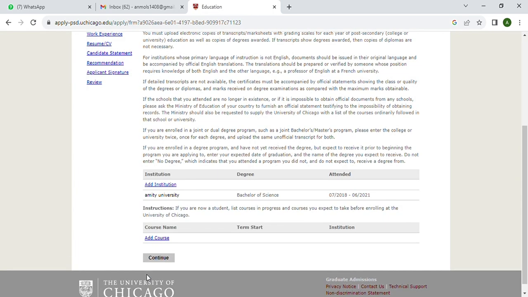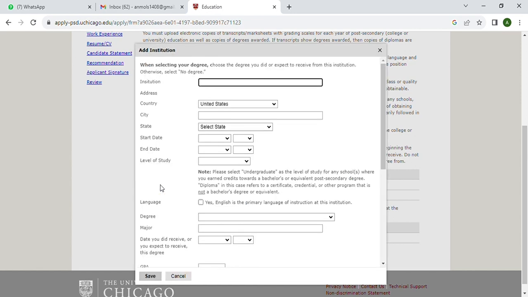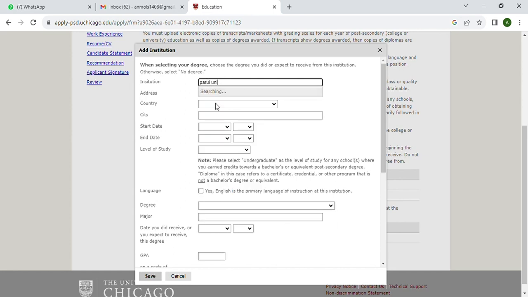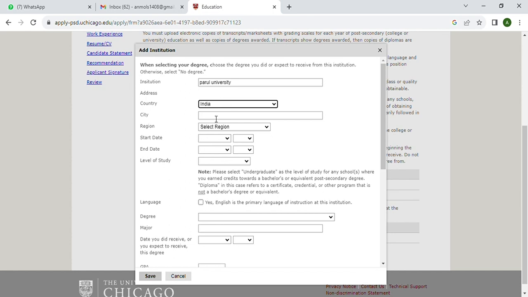And again click on add institution and add the details for your MSc. So the institution of your MSc, country of the institution, city of the institution and the region, month and the year when you have started this degree, month and the year when you have completed it,